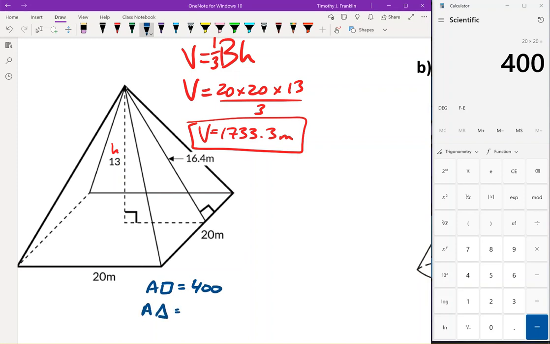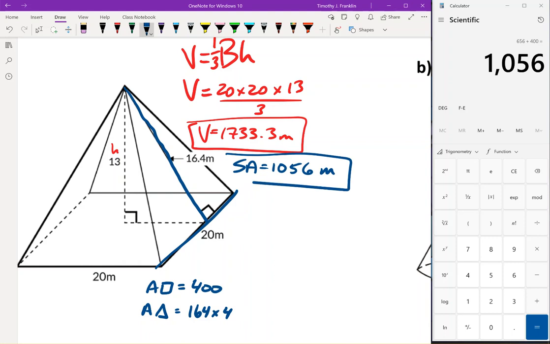The area of a triangle is 1/2 base times height, and the base of the triangle is 20, and the height is 16.4. So 16.4 times 20 divided by 2 is 164. We do have 4 of those triangles, so multiply that by 4 is 656, plus the 400 for the square, and we get a surface area of 1,056